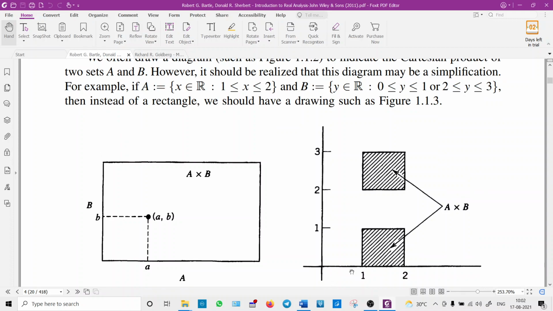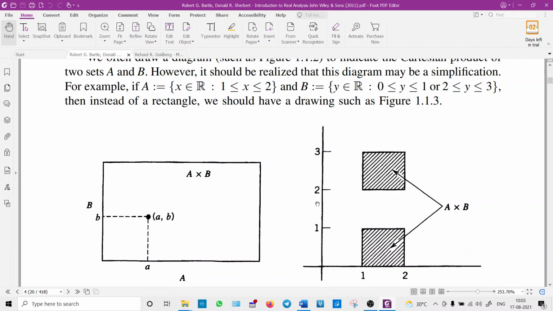To visualize this, this is the x-axis, and we can consider this set A on the x-axis. That is also a real line, 1 to 2. So the set of all real numbers lying between 1 and 2, including 1 and 2. This line segment on the real line is my set A. What is set B? It contains two line segments, 0 to 1 and 2 to 3. This is also a real line, but we have put it in a vertical position so that we can visualize this set. See here, 0 to 1. The gap in between is not considered. Then from 2 to 3.